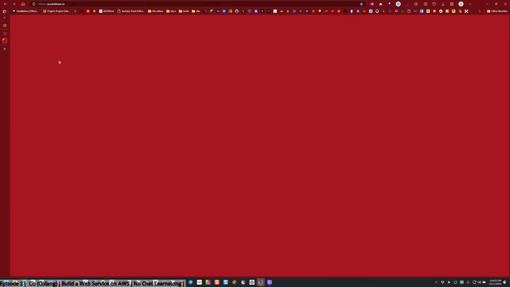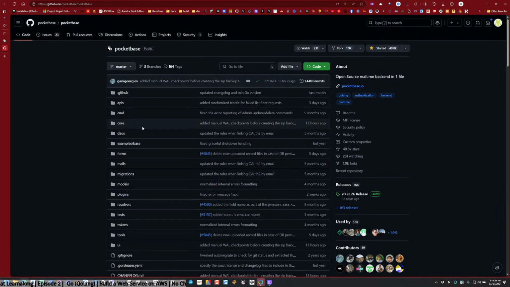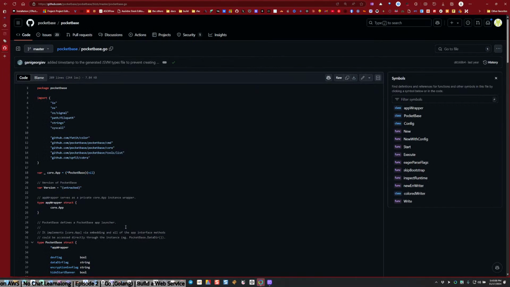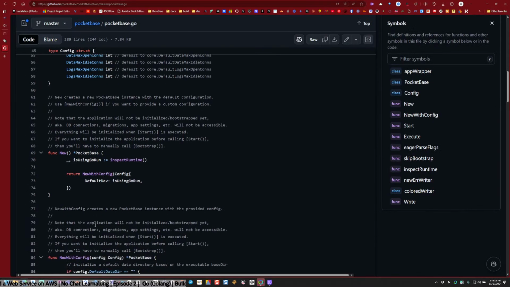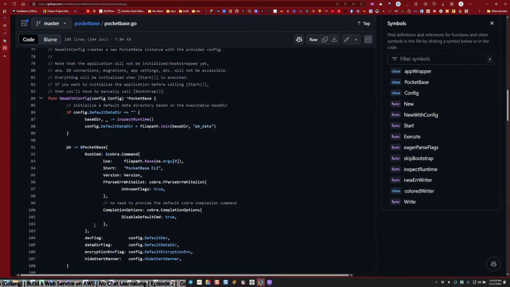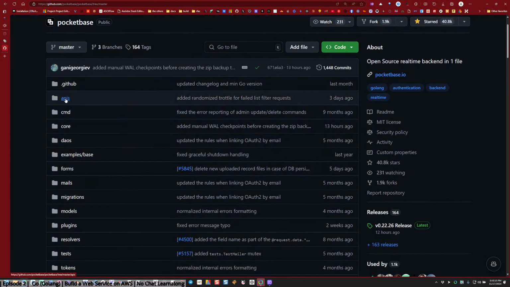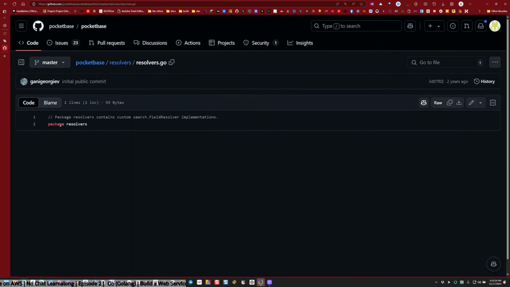I wonder. I'm going to go look at Pocketbase because it's the bomb, but I want to see how they do it, just as an example. I don't know if they got any. That's probably a bad file to look at. Let's look at resolvers. Look at resolvers. Okay.